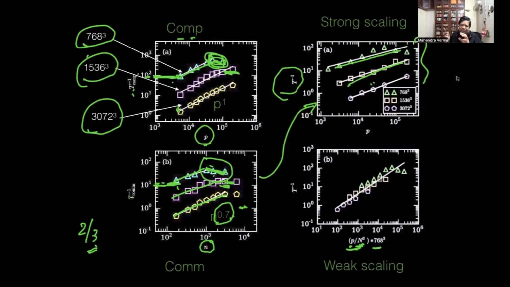This is weak scaling, which we discussed in the past. Weak scaling is when processors and data are increased proportionally. It is a nice compactification. This is called weak scaling. Communication takes much longer than the computation.